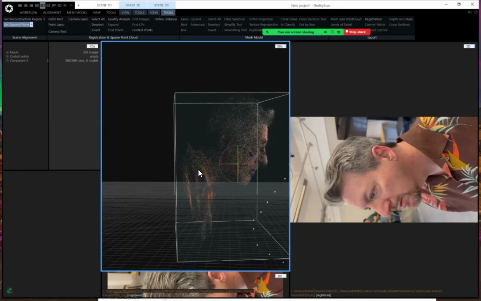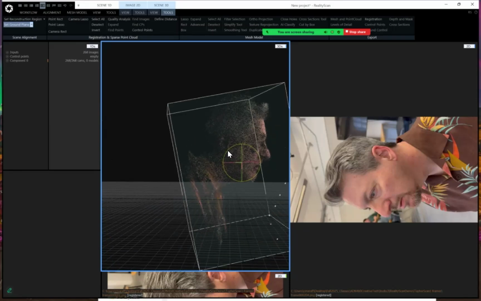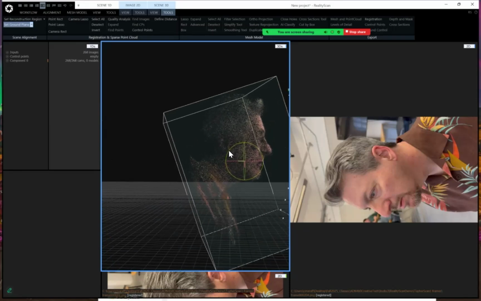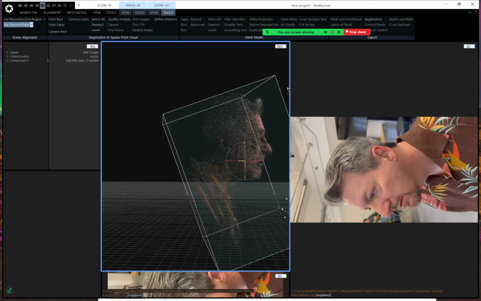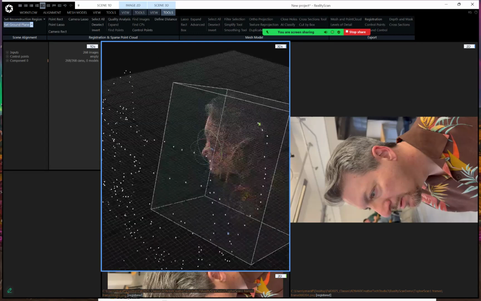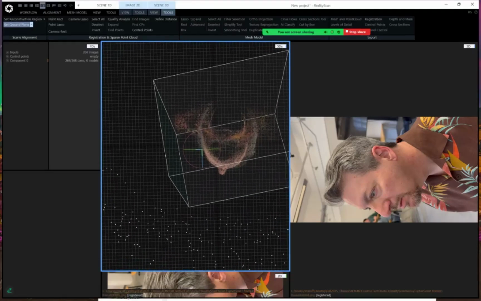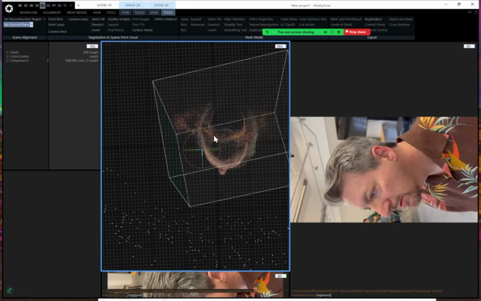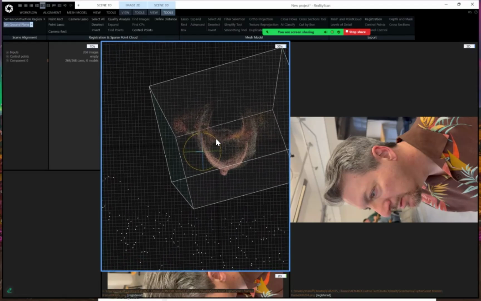And same thing here. See how this is, I don't know if it's just bad posture, it could be, or just the capture, but I want it to be more like that, right? So my nose is pointed forward, because that's how it's going to come out of the model when I bring it into Maya. I could fix all this in Maya, but I think you might as well fix it here, so that you have a pretty decent